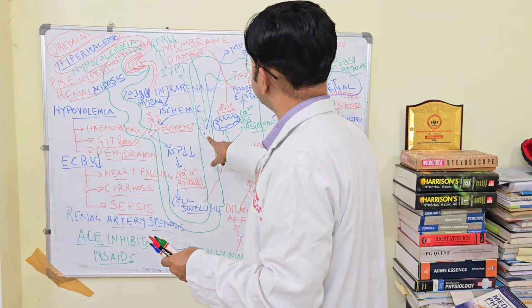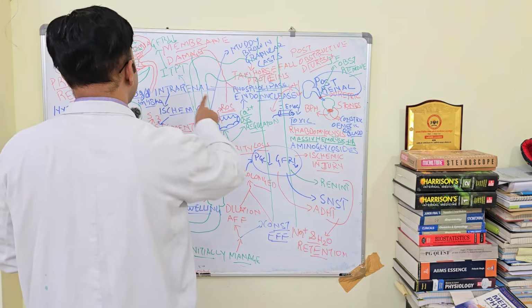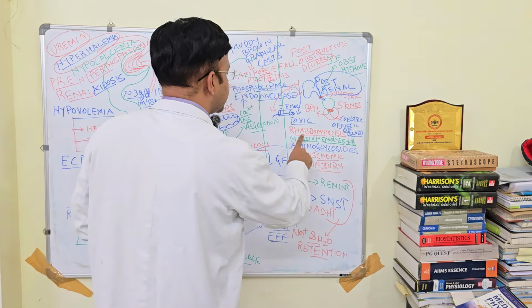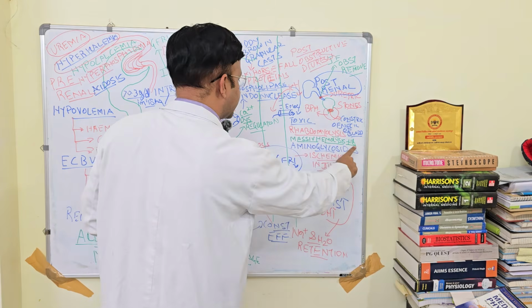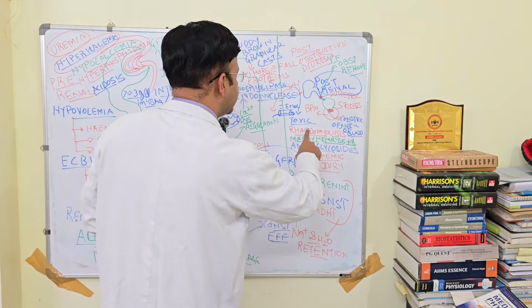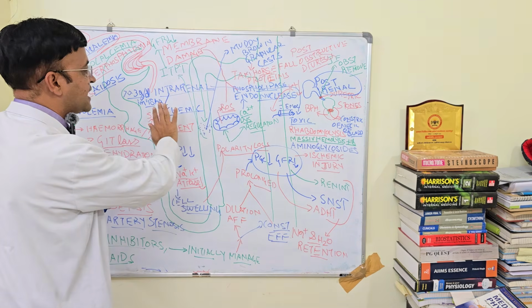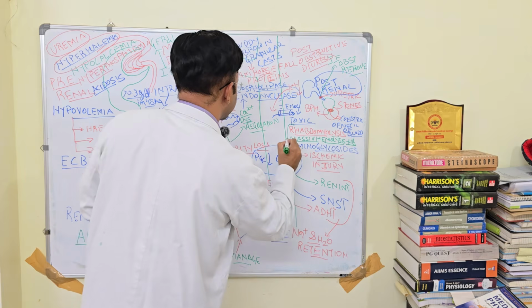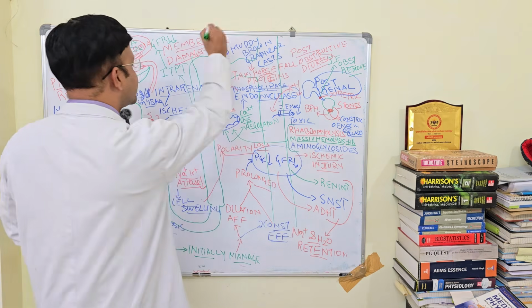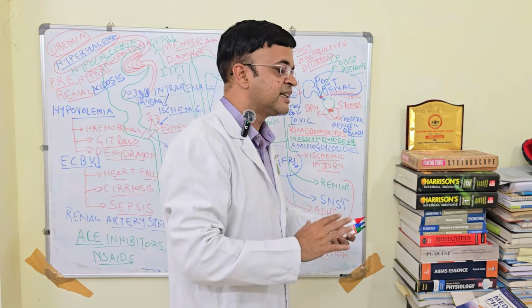Then there is something called toxic cause of your intrarenal damage. This includes rhabdomyolysis, massive hemolysis, aminoglycosides, right? All these will get reabsorbed in the PCT, and they will themselves cause mitochondrial dysfunction. And the same cycle will repeat, and ultimately GFR will reduce further. Then there is something called